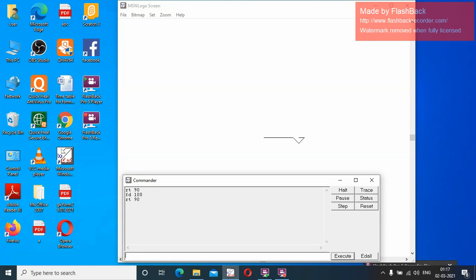So I want to move the turtle without drawing a line. You have to do pan up, FD50. See, now do pan down, RT space 90, FD space 100. Right? See, now what commands we have seen? Pan up, pan down, right? These are the two pan commands that we have seen, pan up and pan down.